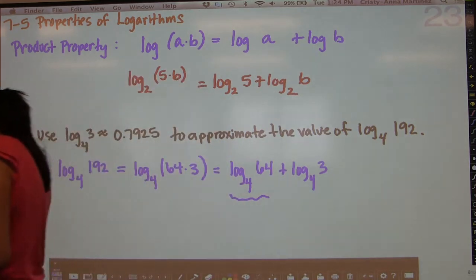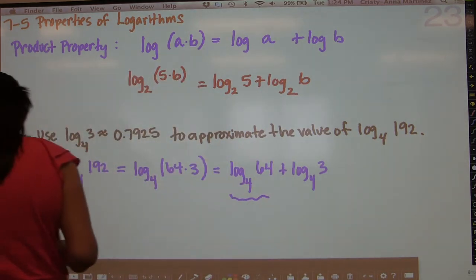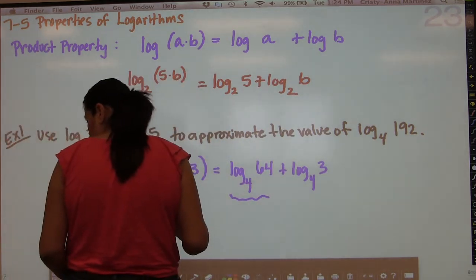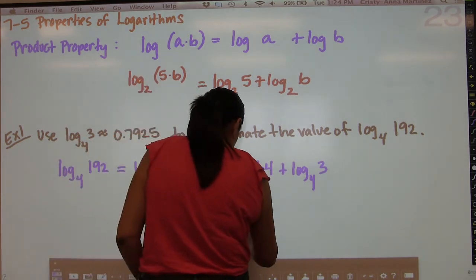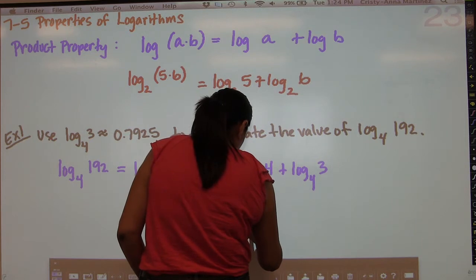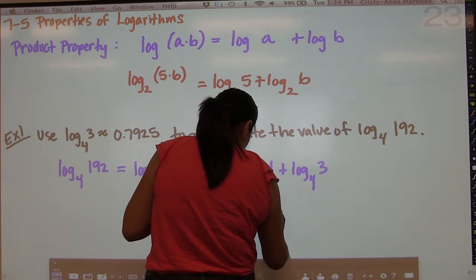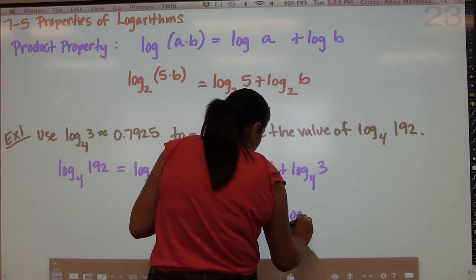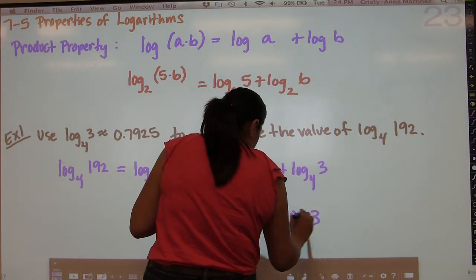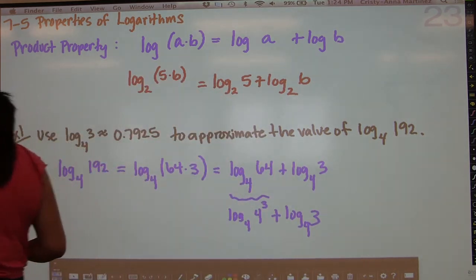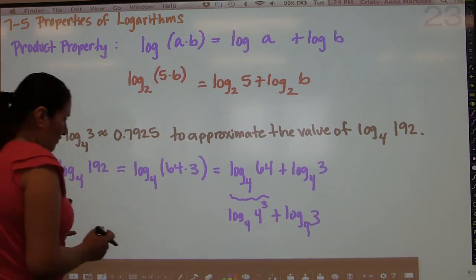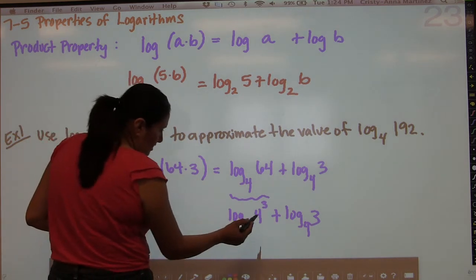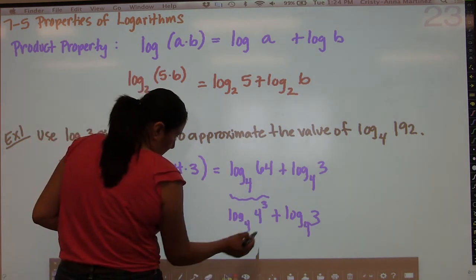So we could also write log base 4 of 4 cubed plus log base 4 of 3. So we know that the 64 breaks down into 4 to the third power. So at that point, I don't know if you've recognized this or not, but log base 4 of 4, this portion right here,